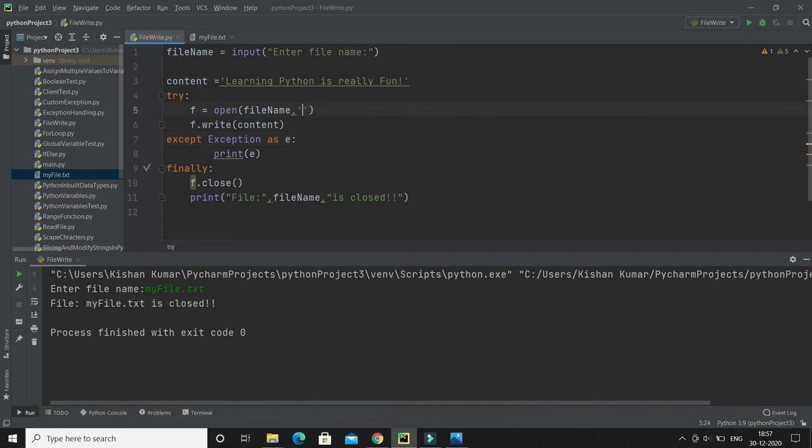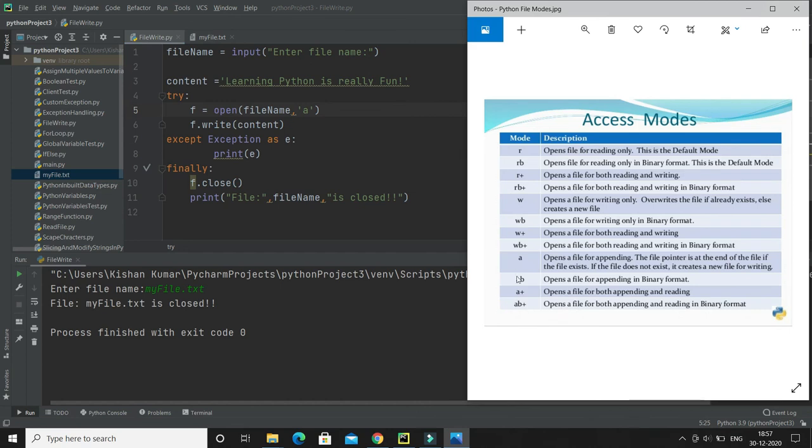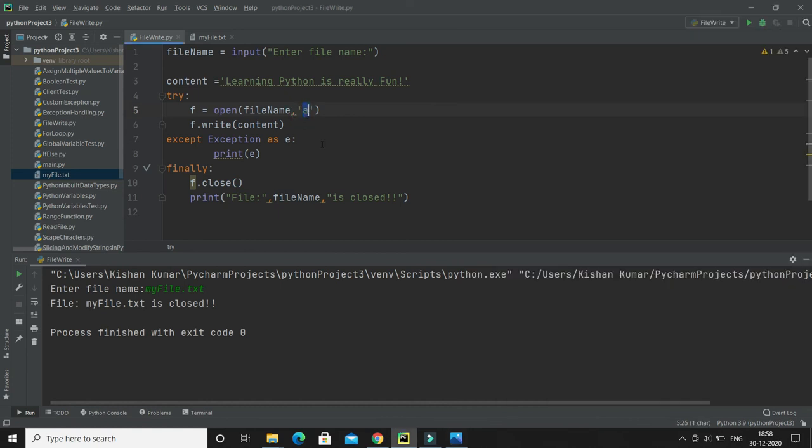And that's what we have in another mode called a. A means append. You can see over here, a stands for opens a file for appending. The file pointer is at the end of the file if the file exists. If the file does not exist, it creates a new file for writing. So if the file already exists, then the content will be appended, else the file will be created and written.